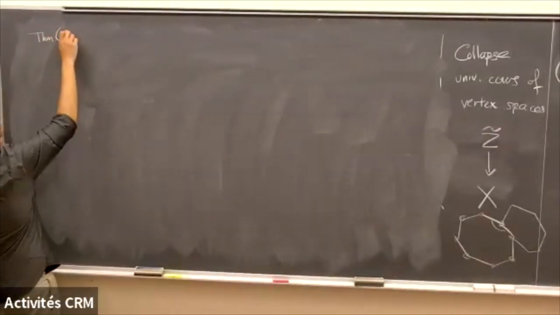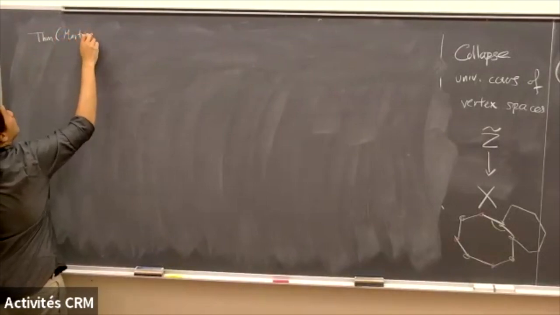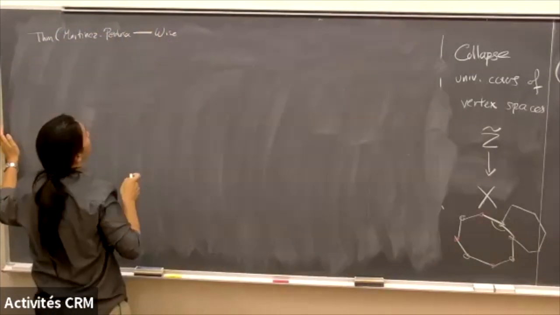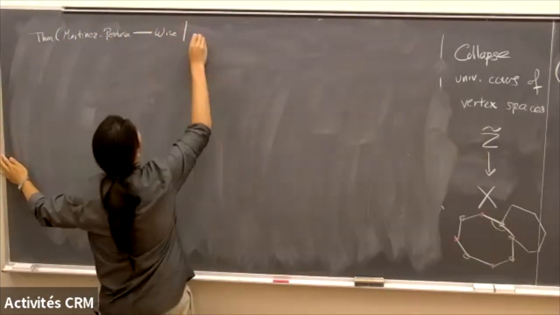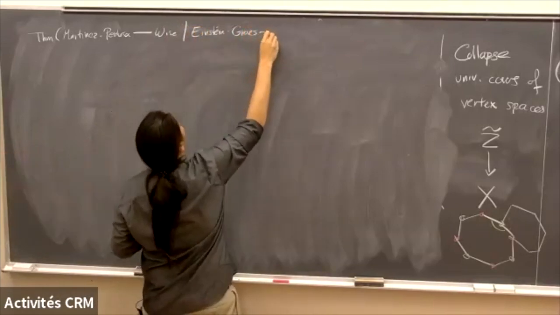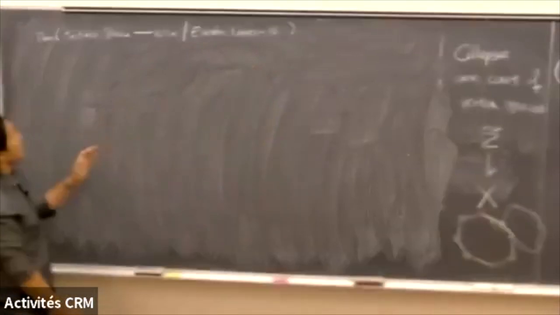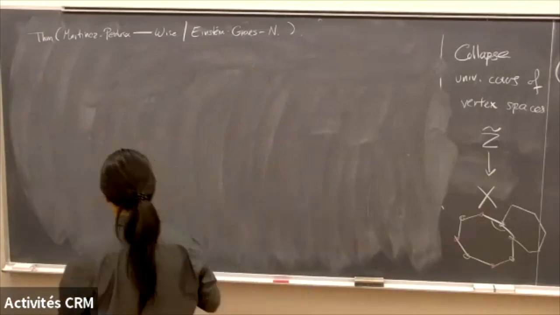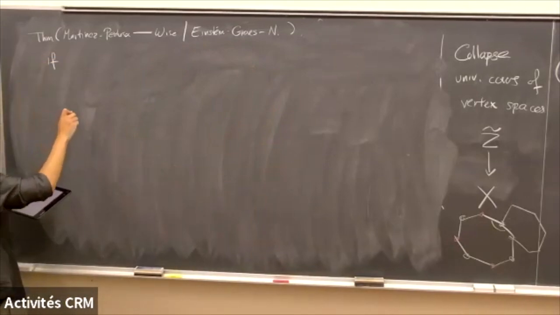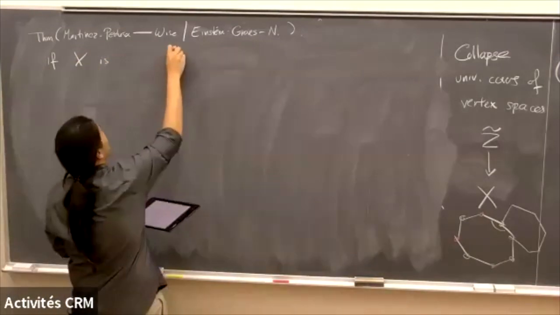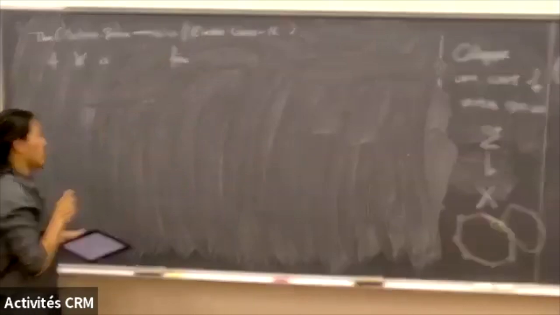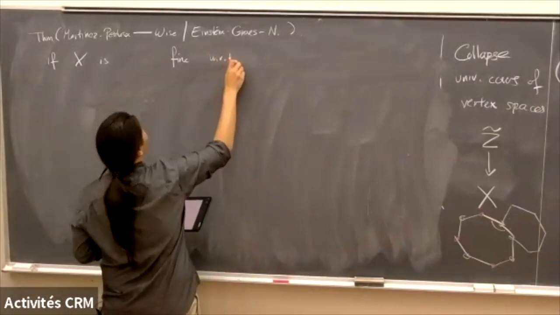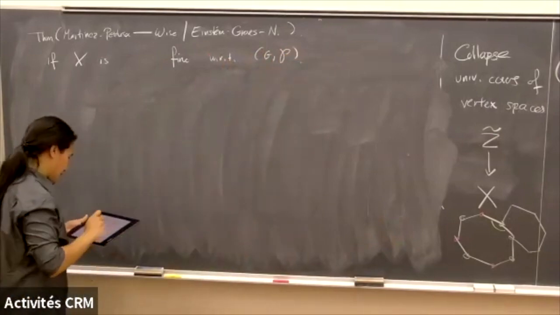So this is a theorem of Martinez-Pedrosa together with Wise, and there's a slight generalization that we developed with Daniel Groves, which goes as follows. I think I'll need this to look at to get the statement exactly right. So if X is a fine space, if you don't know what fine is, that guy's fine. That's why it's named X. With respect to some relatively hyperbolic structure,